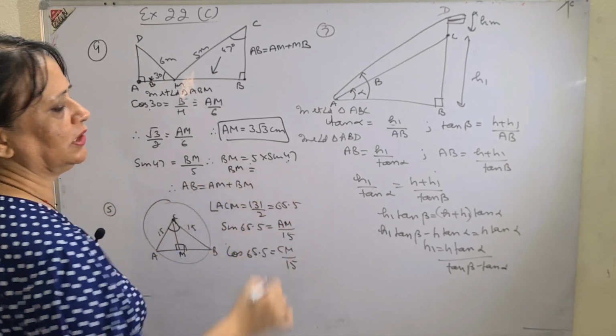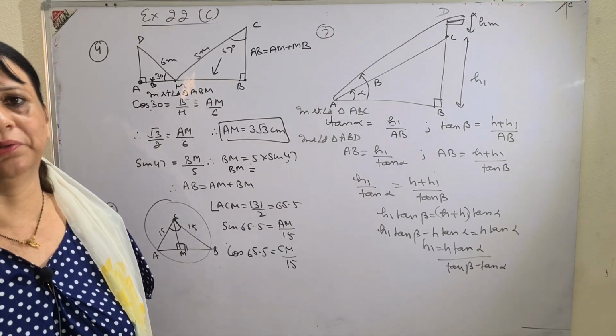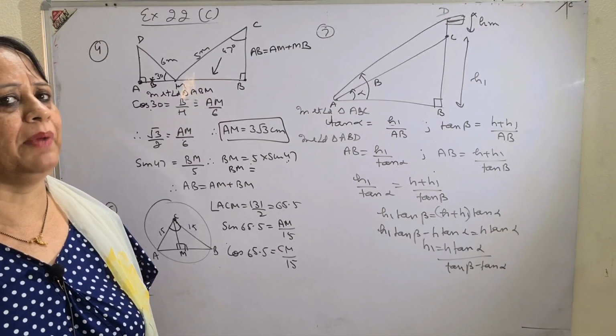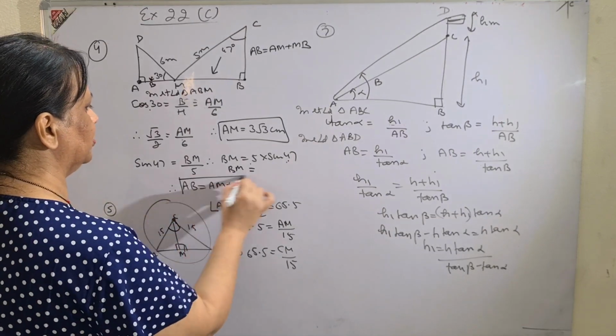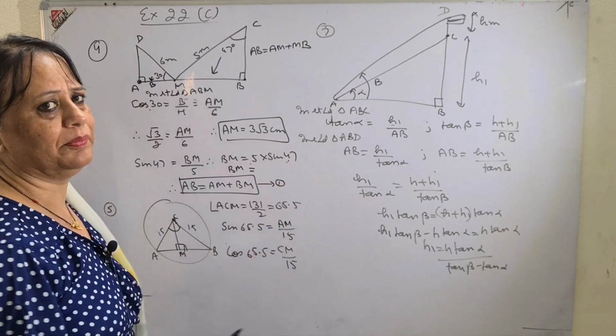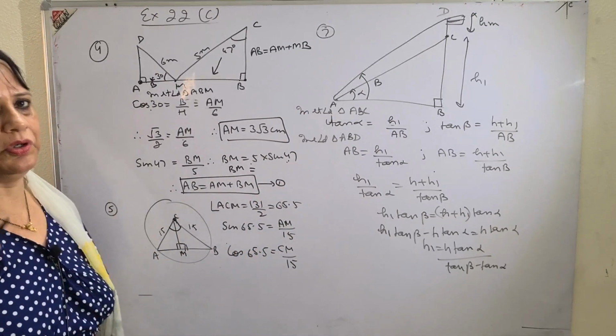For sine 47 degrees you will look at the end of the book where the tables of sine, cosine, tangent have been given. Otherwise you buy a log book, and that will be easier for you, and then you add the two. That is your required answer. If this question is easy, it can come, a very easy one. Just wanted to start with it. So next question, I just want to give you the hint.